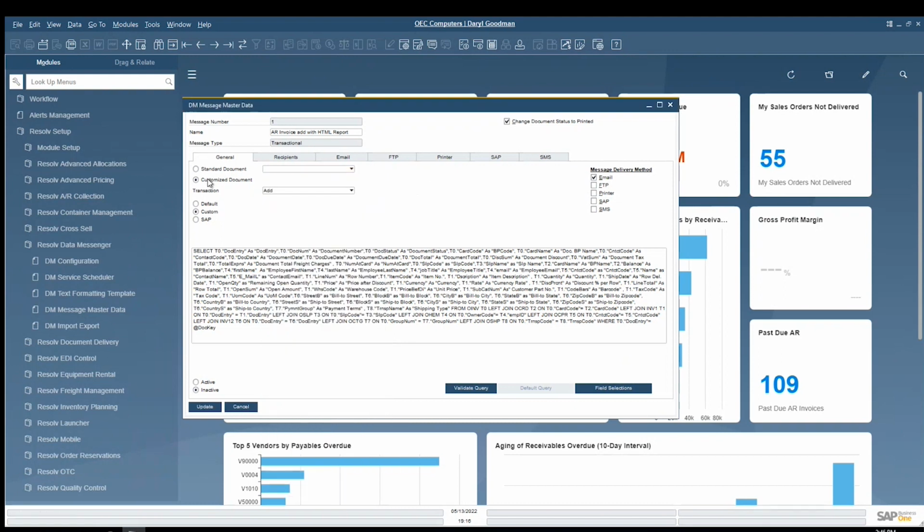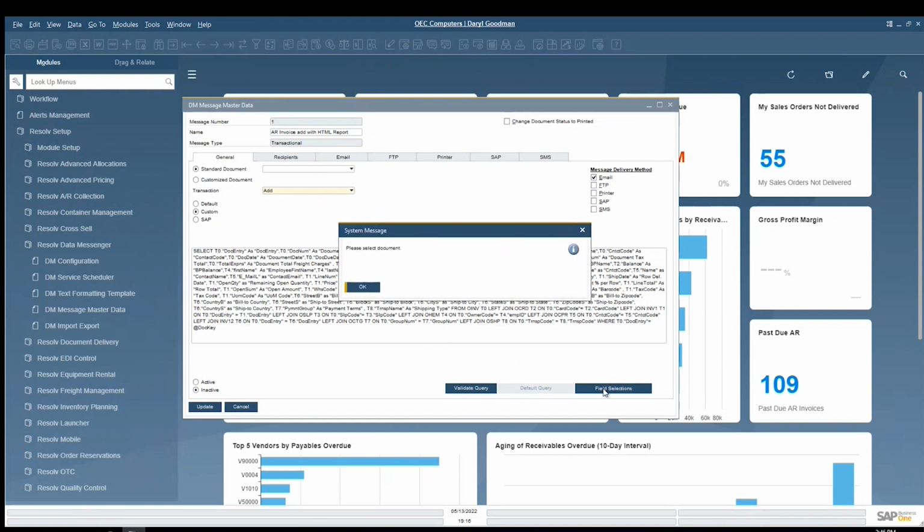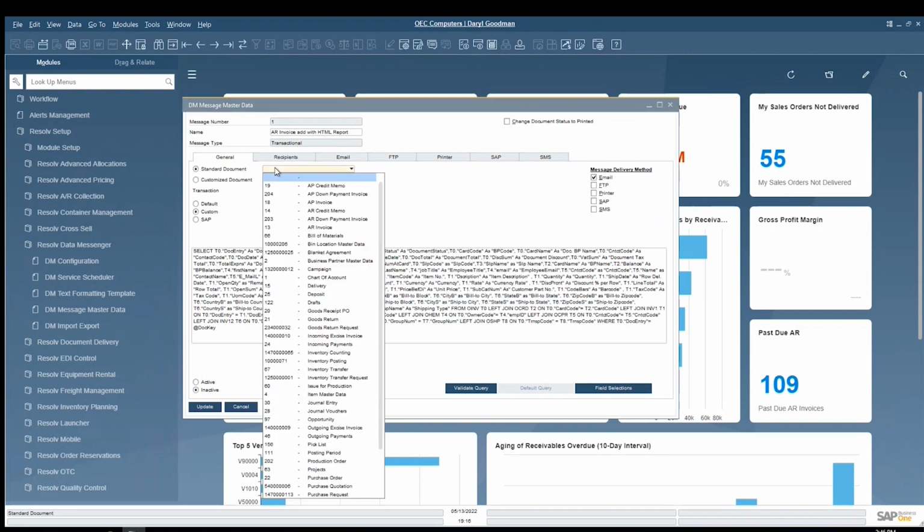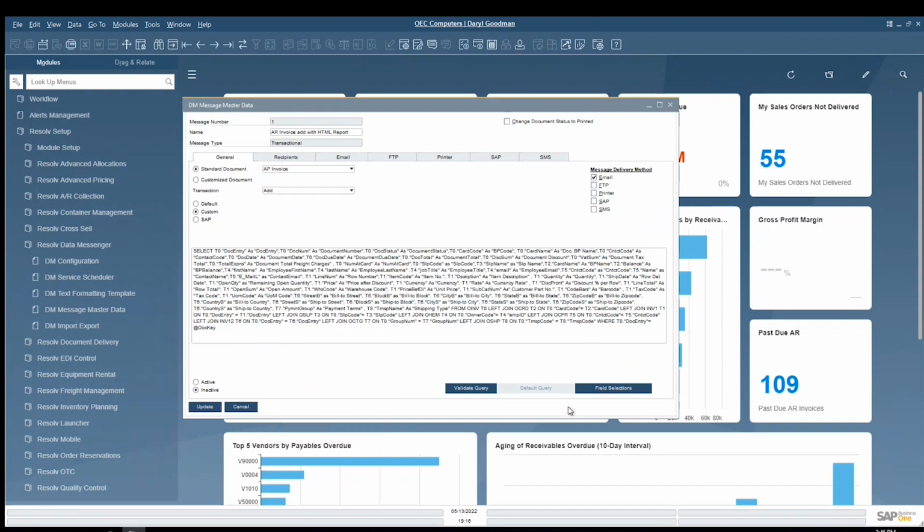You can also work with customized documents. Customized documents allow you to choose if you have any user-defined fields or objects and so forth. But in this case, what's happening with the invoice is I'm able to make it on add or update, cancel, close. And again, I can choose what I want to include in my query. This can be dynamic. So if I come in here and choose AP invoice, for example, and then choose the field selection,